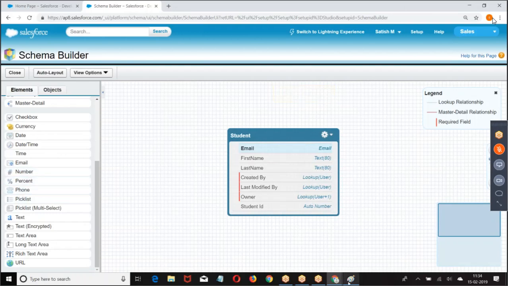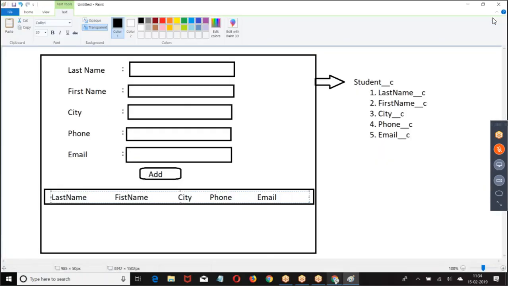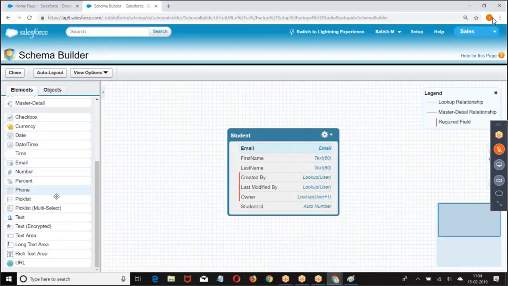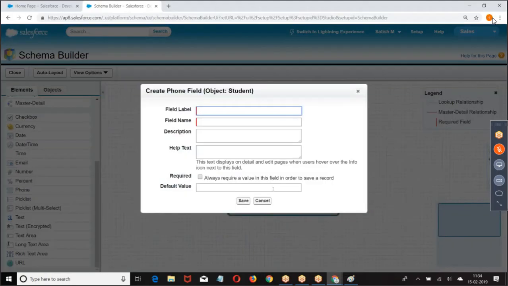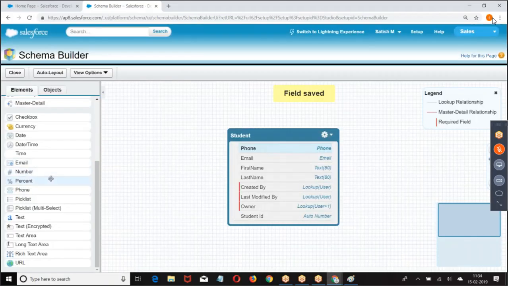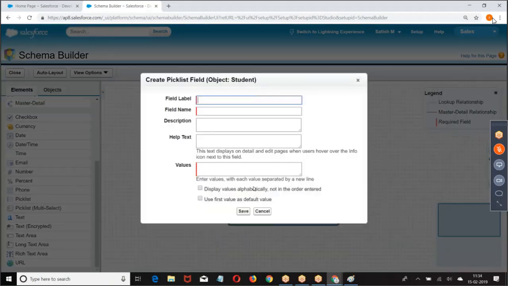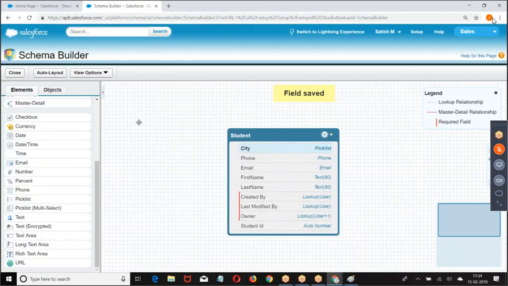Then I have city, phone. I have an object.